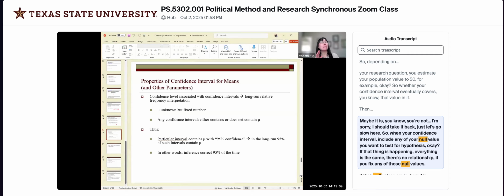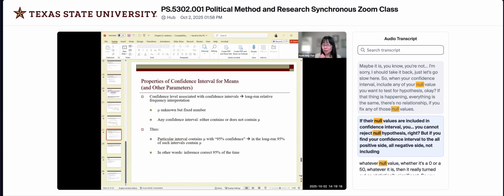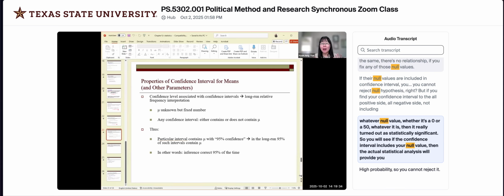Okay, if nothing is happening, everything is the same, there's no relationship. If you fix any of those null values, and the null values are included in the confidence interval, you cannot reject the null hypothesis, right? But if you find your confidence interval on the all-positive side or all-negative side, not including whatever the null value is, whether it's a 0 or a 50, whatever it is, then it really turned out as statistically